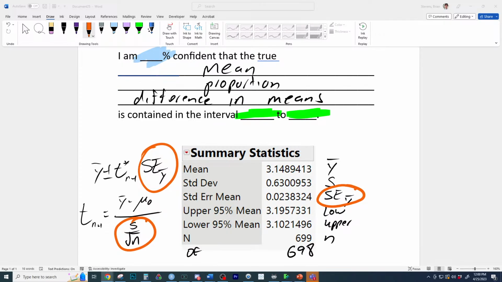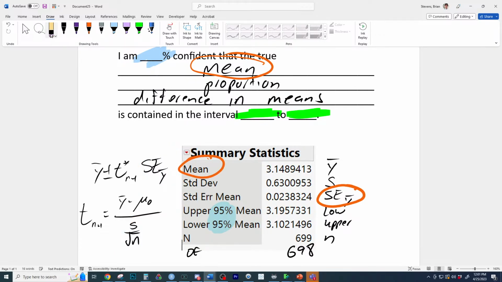Arista, 1,000 points. That's exactly it. Arista notices right here the percent confidence is going to be 90. I didn't even mark that. There's the 95% confidence, which goes up there. I am 95% confident the true mean GPA, because this is all quantitative, because we see mean right there. That's a huge tip right there. And then between the lower and the upper, and so the lower is right there and the upper is right there.